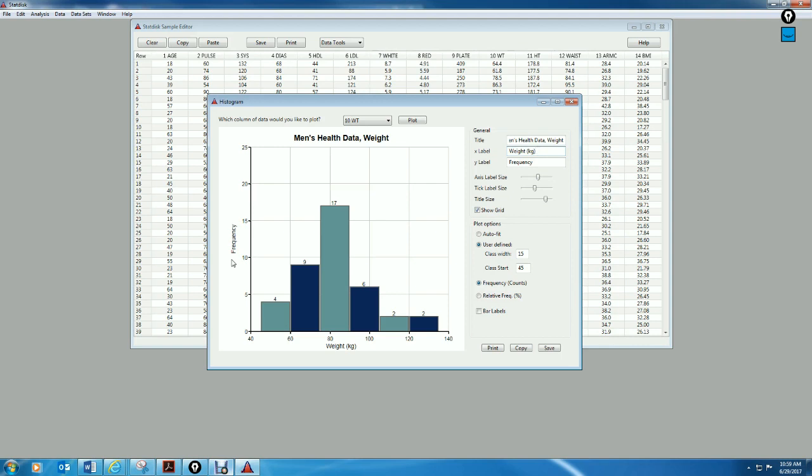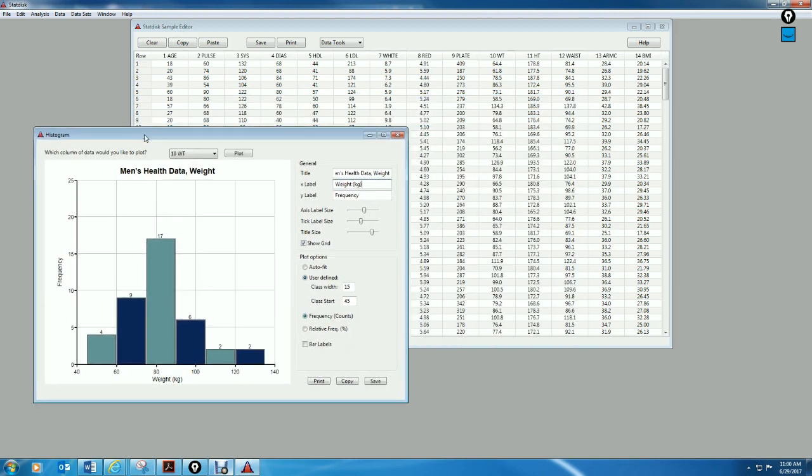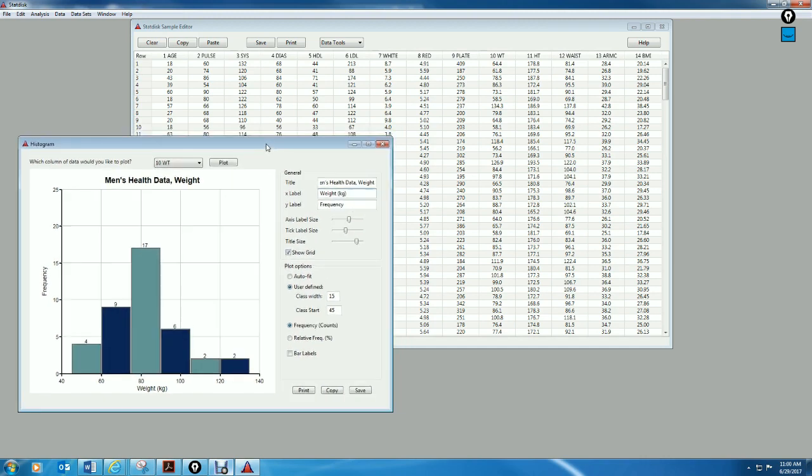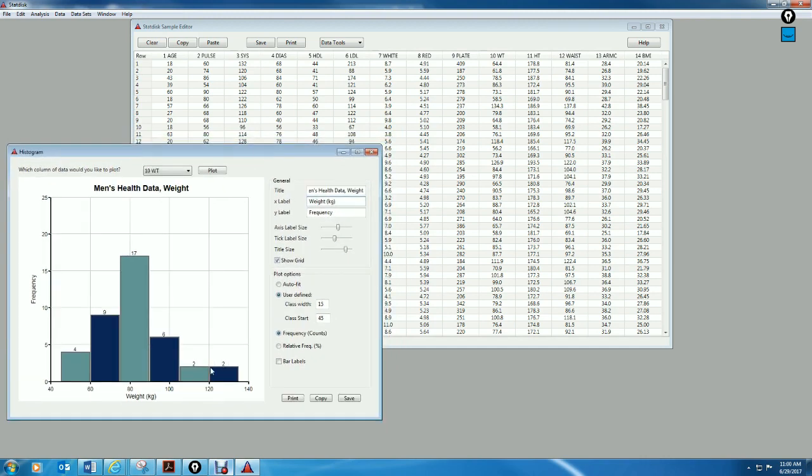Now, while I've got this up, the last thing I wanted to tell you about is how to print out these plots, the histograms and the scatter plots. You can see down here they have a print and a copy button, but I do not want you to use those, and here's why. I'm going to go ahead and start up